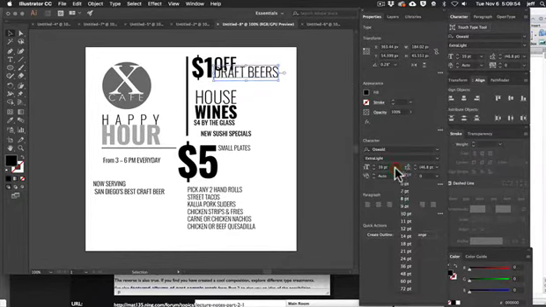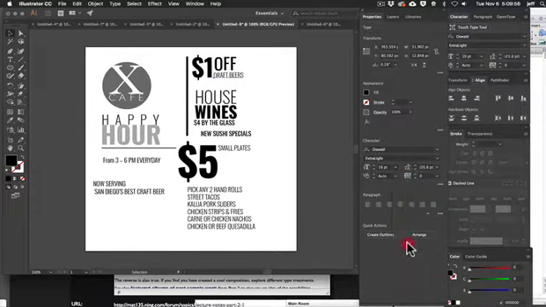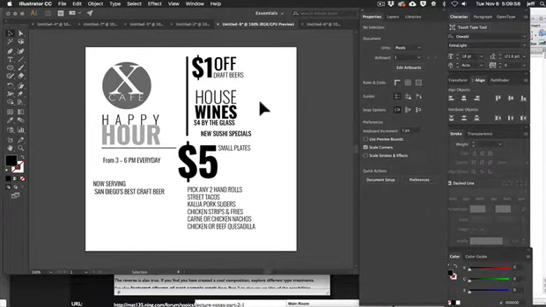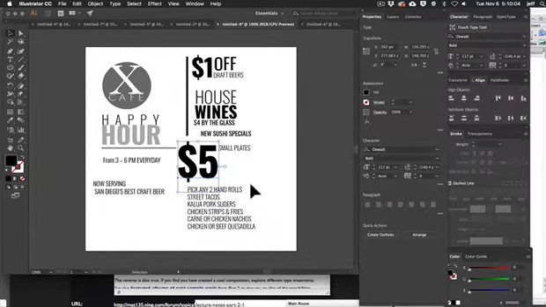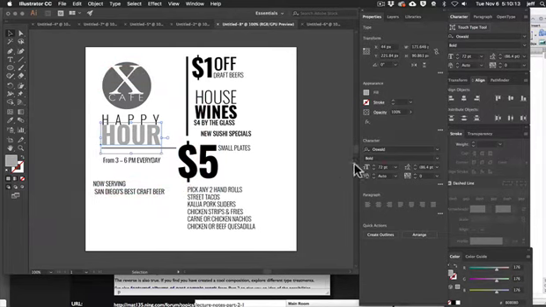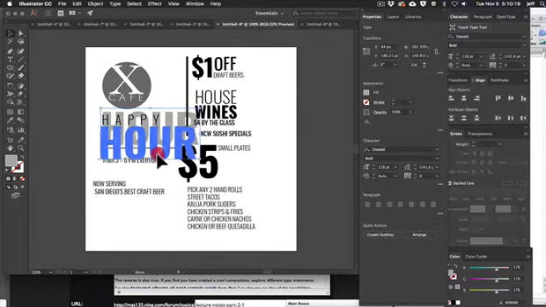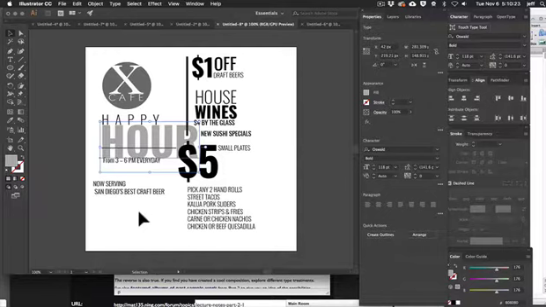Let me just take, anyway, 18 point. 18 point. Okay, so those are my 3 sizes. Now, I do say that you can use one really large type size for emphasis if you wanted to. In this case here, I've got 118 points, say. And so I could say, well, I want that to be 118, right? So I might go 118, and happy hour could get really big. So I'd be limited to that one really large size, which then becomes more of a graphic element.